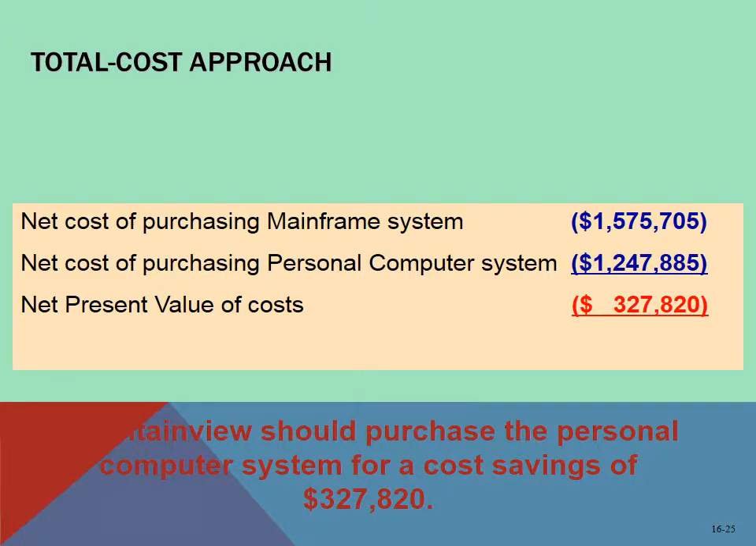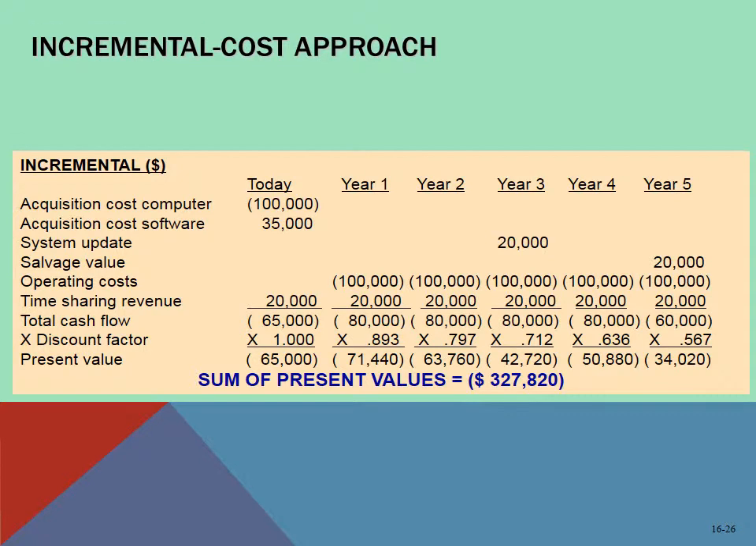A decision such as Mountain View's computing system choice, in which the objective is to select the alternative with the lowest cost, is called a least cost decision. Rather than maximizing the NPV of cash inflows minus cash outflows, the objective is to minimize the NPV of the cost to be incurred. The slide shown here displays incremental net present value analysis of the city's two alternative computer systems. The result of this analysis is that the NPV of the cost of the mainframe system exceeds that of the personal computer system by